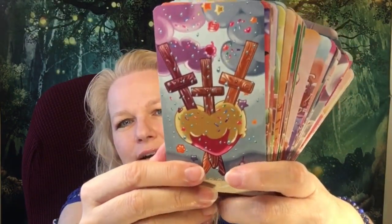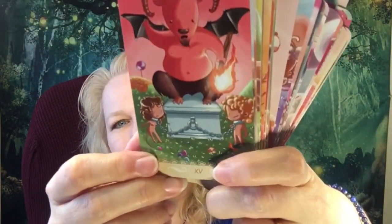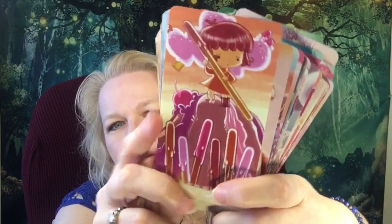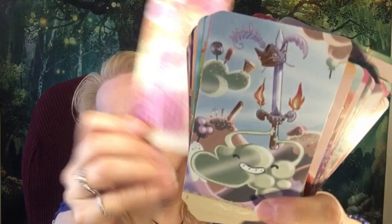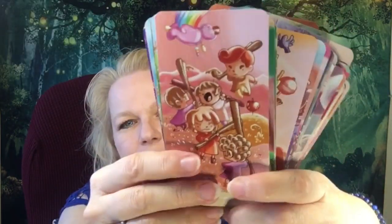There's the Three of Hearts. It does still have the darker cards in it, and you can definitely get the message. There's the Devil card there. What else have I got here? Yeah. So you can definitely see the Rider-Waite-Smith imagery going on in this deck, so I do find it very